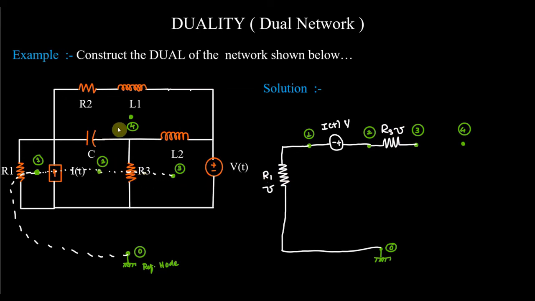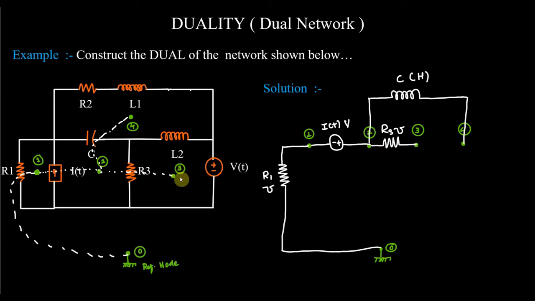Similarly, between 2 and 4 there is this capacitor. You can see that this capacitor is connected between 2 and 4. Fine. And the dual of this capacitor is basically the inductor. So between 2 and 4, this is 2 and this is 4, it will become like this. So the dual of this capacitor is an inductor. The value here is C, so it will become C Henry. Fine. So in that way we have found it out.